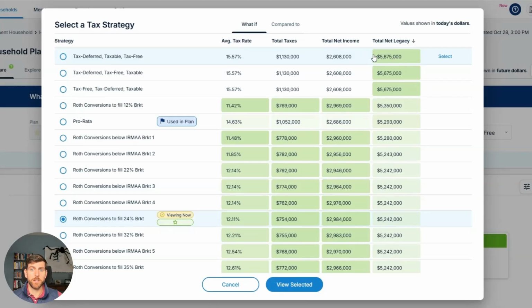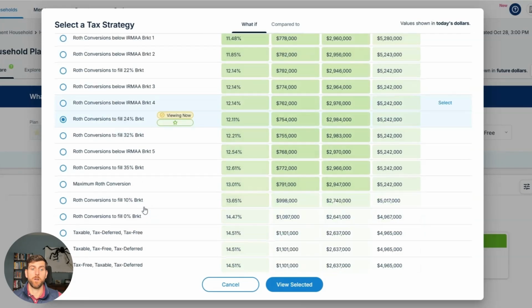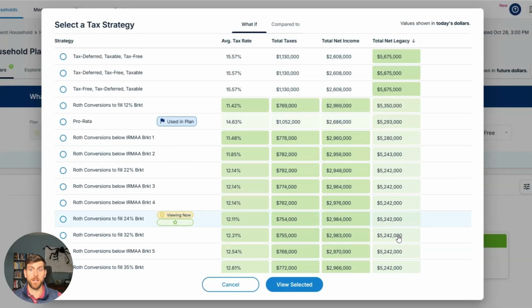Going back to the conventional advice of taking out all of the taxable assets first, and you move into the tax-free, you can see that this actually would be pretty terrible advice. If they were to employ that, their net legacy would again be this $4.965 million. And they would leave almost $700,000 on the table in the form of what is essentially tax savings from just being strategic about the way that they unwound this tangled web of assets that is pretty typical, where they have big chunks of money in pre-tax accounts that haven't been taxed yet because they're from when they were making contributions as an employee to a retirement account that was sponsored by an employer.